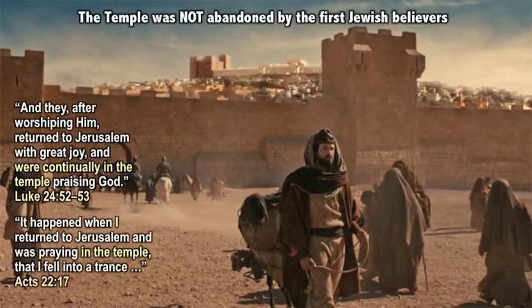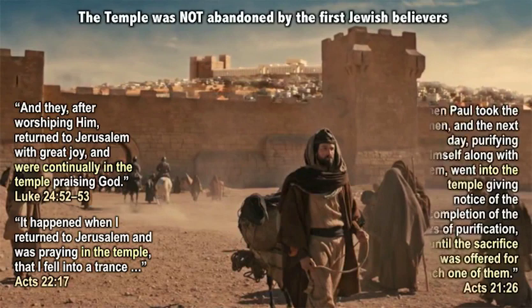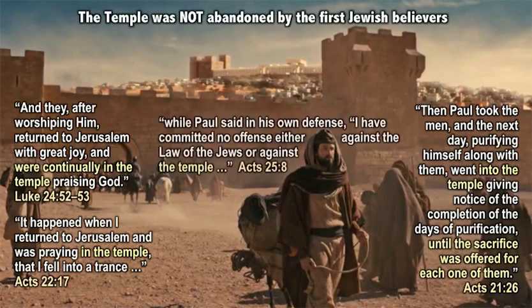Paul says, "I came into the temple, I was praying and fell into a trance." Paul later says, "I went into the temple and offered sacrifices." And then Paul says at the end of his life, at his own defense, "I've committed no offense against the law of the Jews or against the temple." So as a good, faithful Jew, the temple was extremely important to him, and it was important to early Jewish Christianity